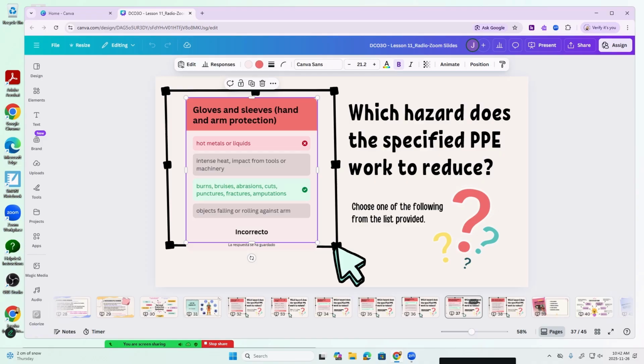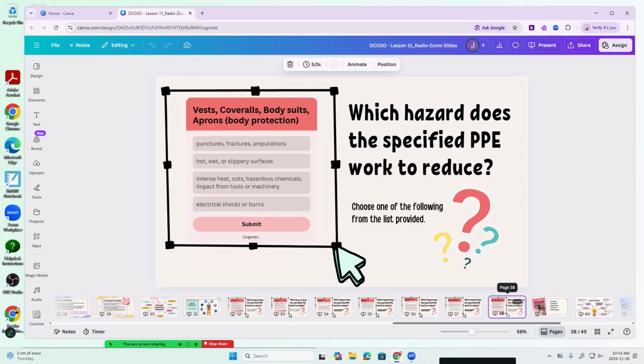If you had these big rubber gloves, then yes, that could work. Again, some gloves are not going to protect against abrasions, cuts, punctures, fractures, amputations, but some gloves will. And that's where, depending on the glove, you might be right or wrong, depending on the option that you chose.